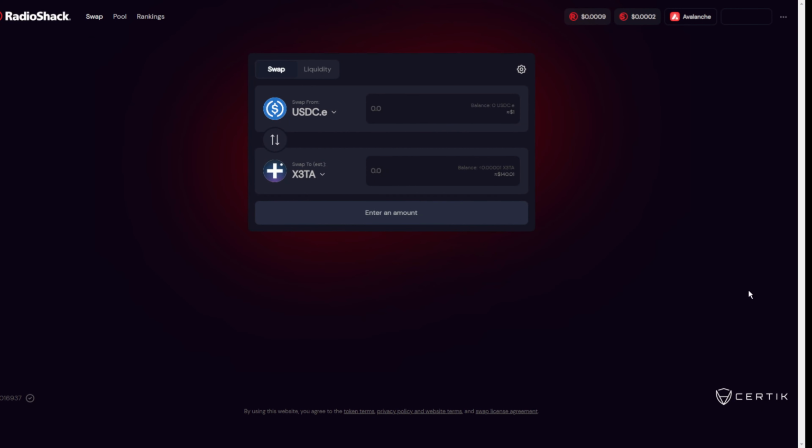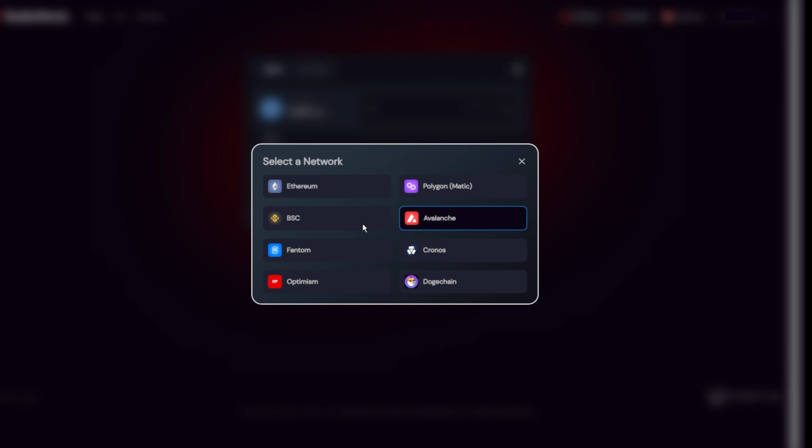Hey guys, so in this video I'm just going to briefly show you how to withdraw from the RadioShack farm and Liquidity. So you can come to RadioShack's swap, the app, it really doesn't matter where you are on here. First thing to do, make sure you are on the Avalanche network. I think it defaults to Ethereum when you go to the swap, so make sure you click Avalanche and connect